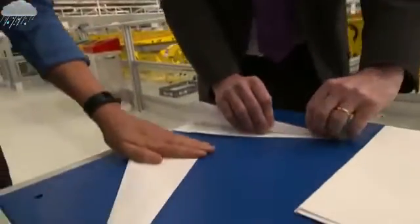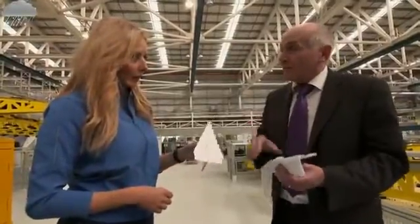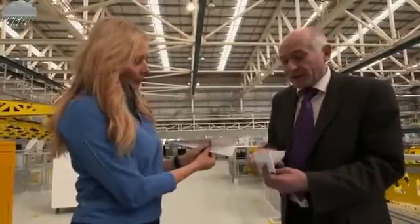You're after speed. And as a former fighter aircraft designer, Roy Scott knows all about it. One of the main principles is the angle of the wing relative to the fuselage, the body. So, for example, here